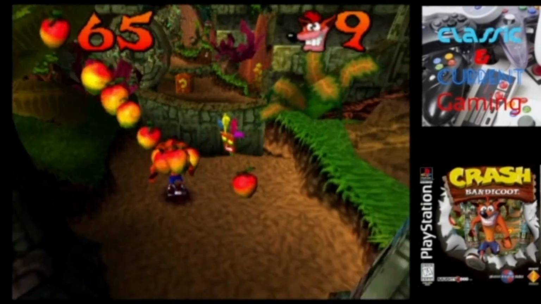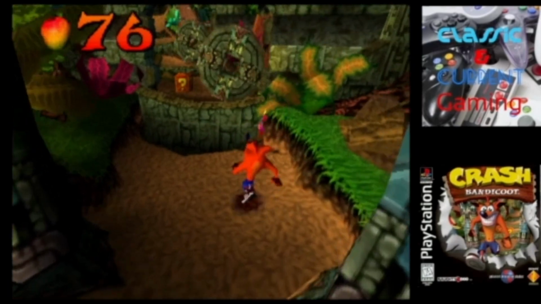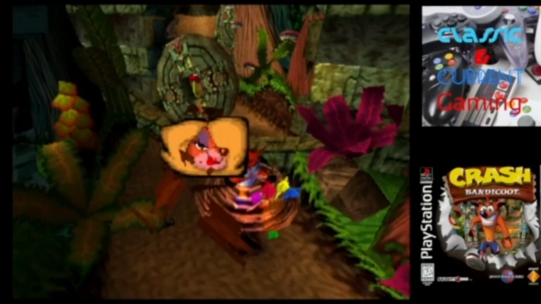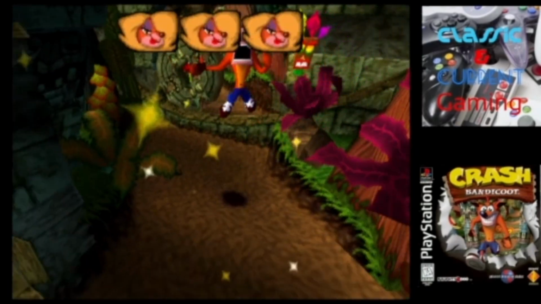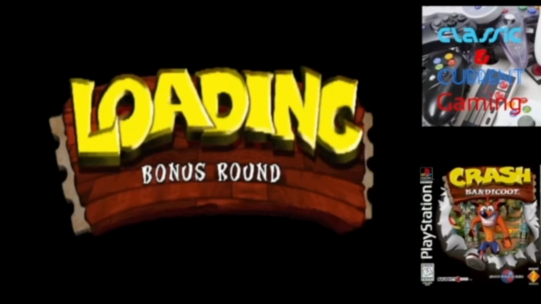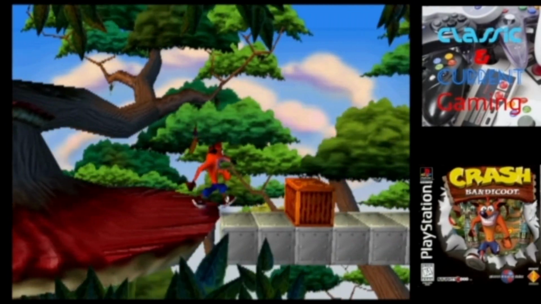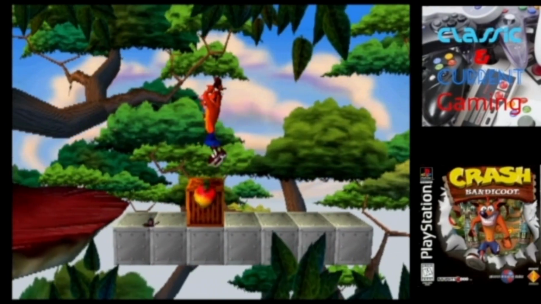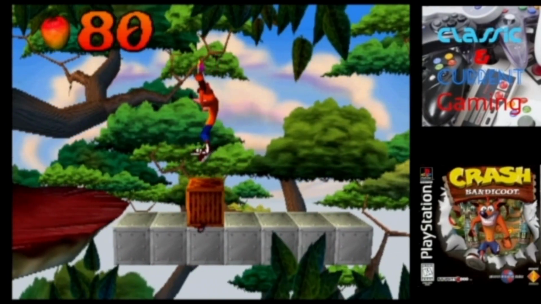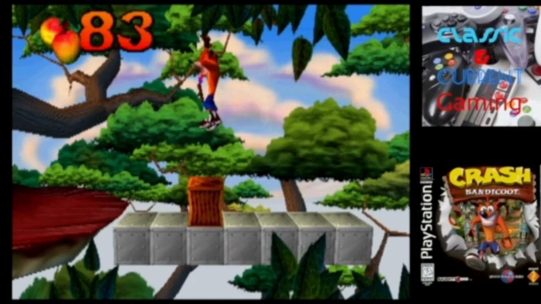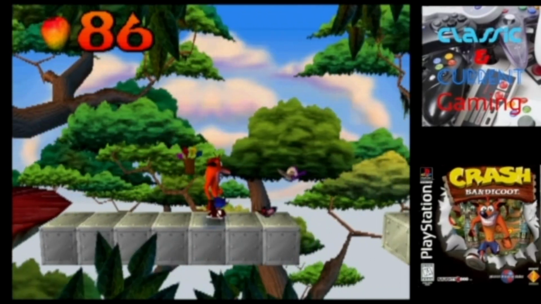Jumping on red TNT crates triggers a 3-second timer that culminates in an explosion, while spinning into them causes an immediate detonation. In roughly half the game's levels, certain crates contain tokens in the likeness of Tana, Cortex, or his assistant Nitrous Brio. Collecting 3 tokens of a single character will transport Crash to a bonus round, where he must break crates